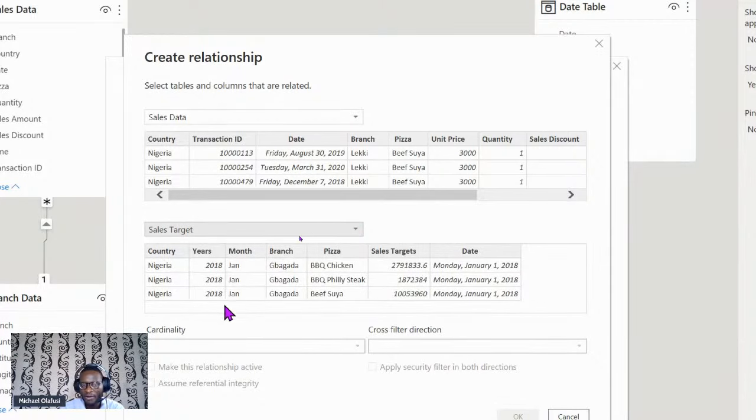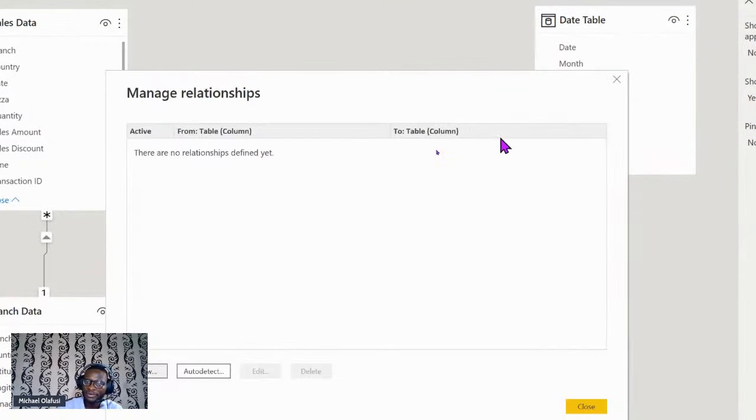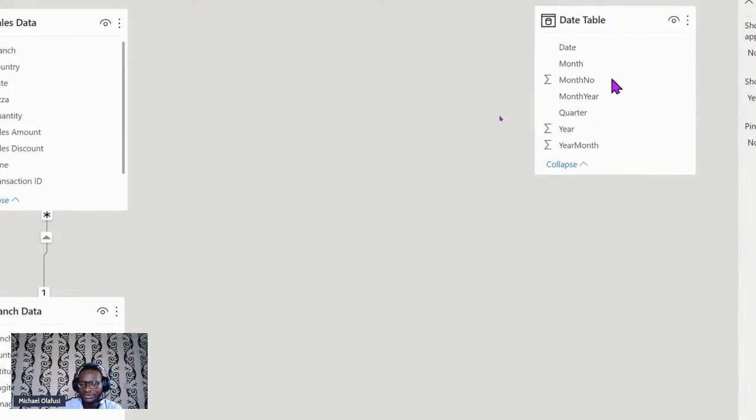I'm in a fix. If I pick country and country, I'm going to lose the ability to see by product and see by branch. And the targets are actually by year, month, branch, and pizza. So it's more like country, year, month, branch, pizza. Then there are targets. So I need to create a key column, something that allows me to relate all of these levels of information with that same level of information across here. So I'm going to go back to Power Query and create all these relationships.